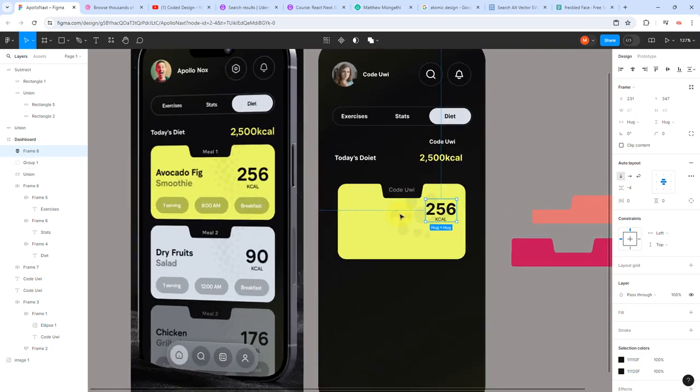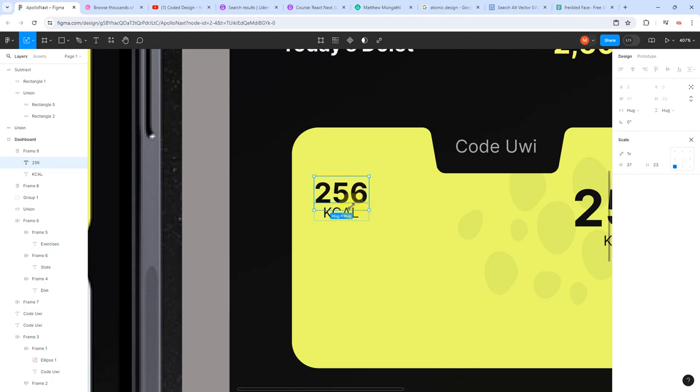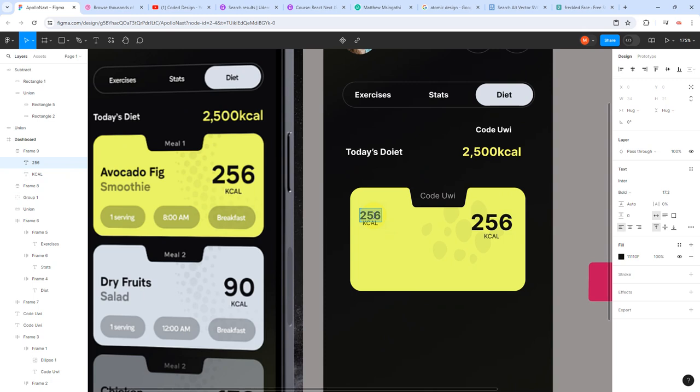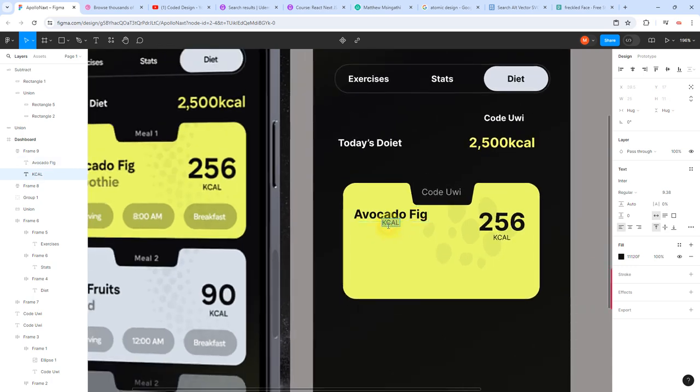It looks like this and this are the same, but the size is not the same. Control C, V, copy and paste that, and then we come here and press K. Make it small a little bit. Avocado, fig, and then smoothie, small letters. As you can see, now I think